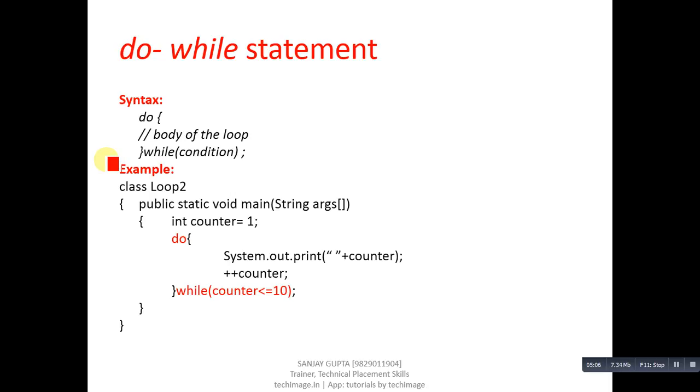So we have to implement do while loop whenever we know that we have to execute all the statements at least one time without checking the condition. So here is the example. This is initialization statement, counter equals to 1. Then inside body of the loop, counter is printed. Then plus plus counter is increment operation. Then with while counter less than equals to 10, condition is checked. So if we want to repeat one cycle of the loop without checking the condition, then we can prefer do while loop. So for and while loops are top tested, whereas do while loop is known as bottom tested loop.